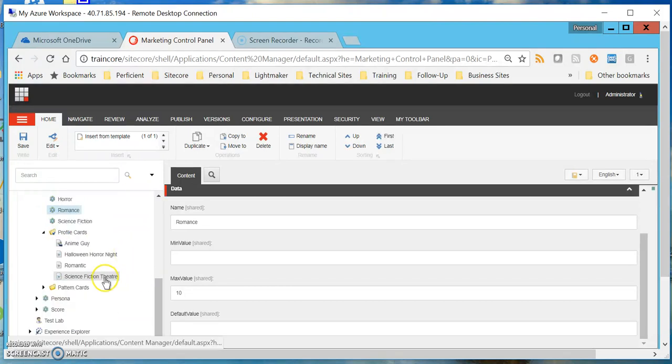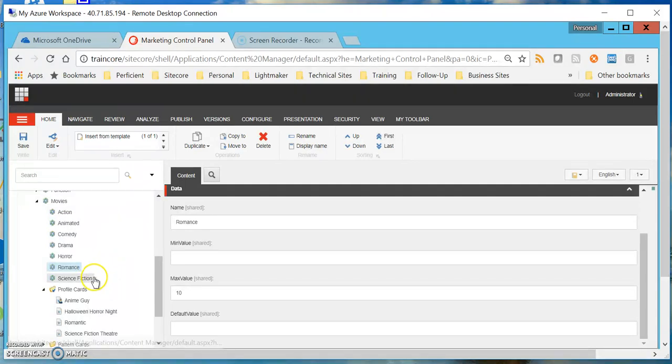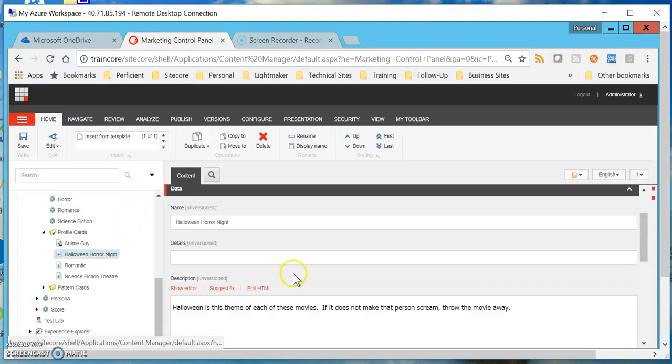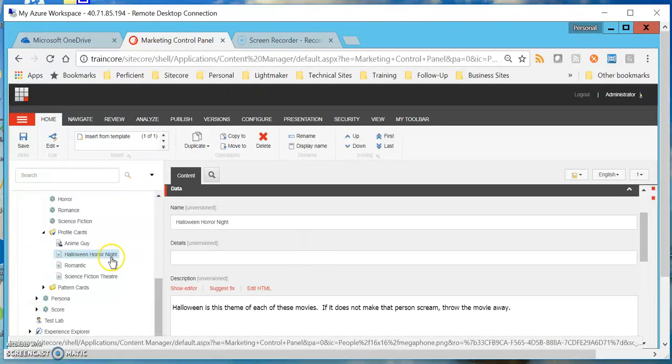While if I'm dealing with science fiction theater, it'll most likely be high on the science fiction key and low on some of the others. And that's because I have a developer's mindset. But that is not to dissuade marketers who would rather give these profile cards proper names and then use the fields within the cards to be very descriptive about what it means to be this person and what their profile represents. So if I click on something like Halloween Horror Night, what I'll show you is that for that card,